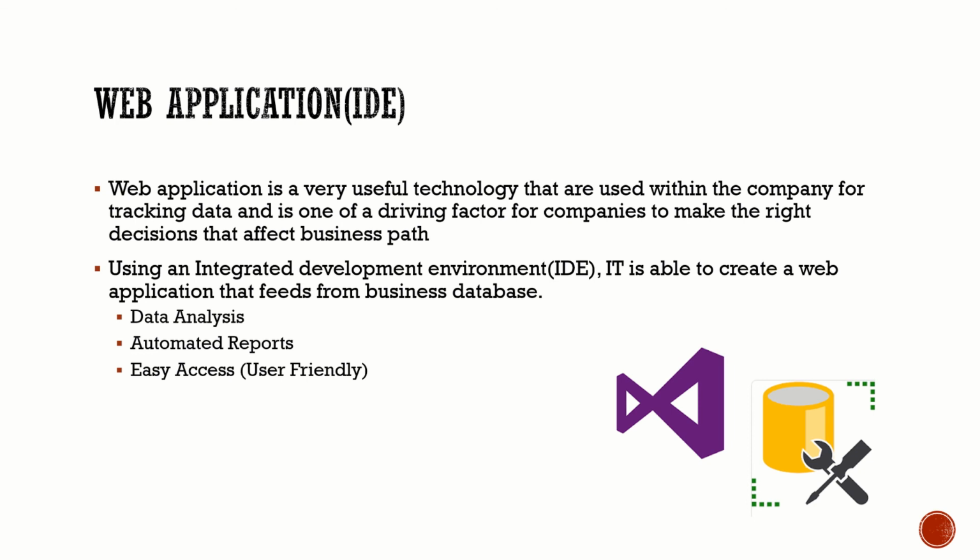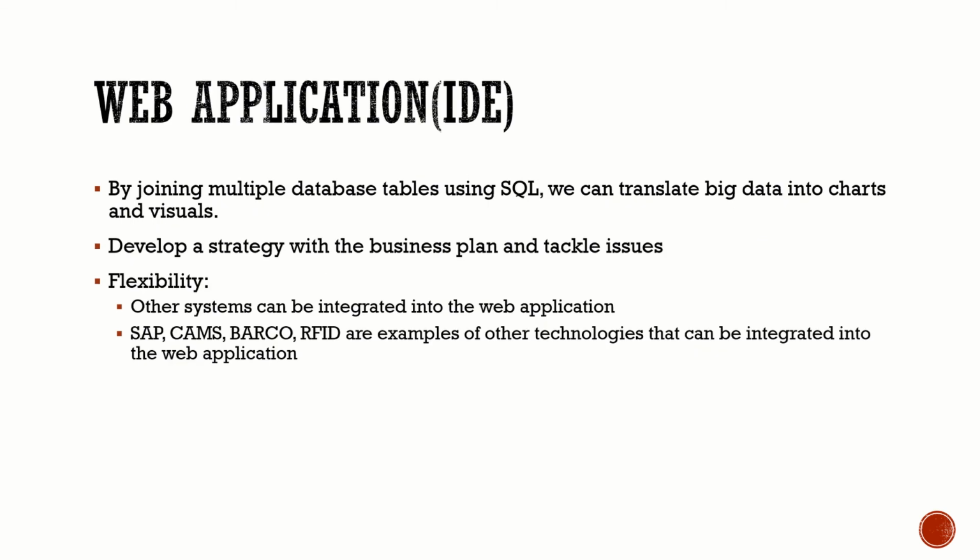The functionality of the database is achieved by joining multiple database tables using SQL and is translated into big data for charts and visuals. With this data on hand, the company can develop business strategy and tackle issues within the business. So like for working on projects that improve efficiency rate or make savings for the company, reduce scrap rate, such as